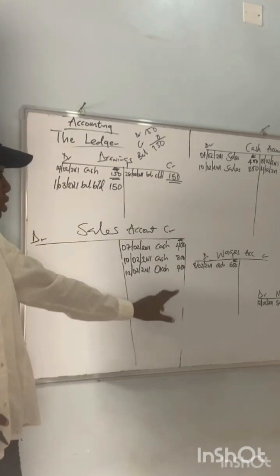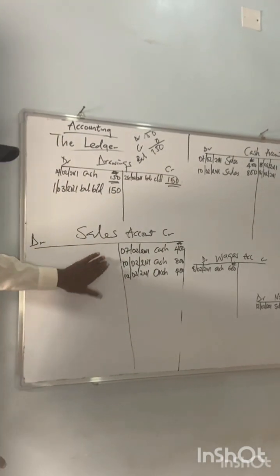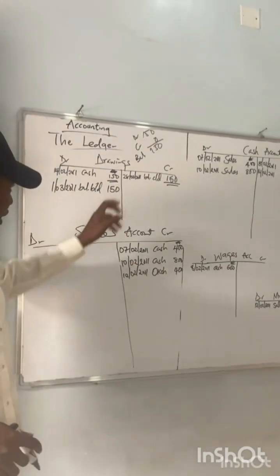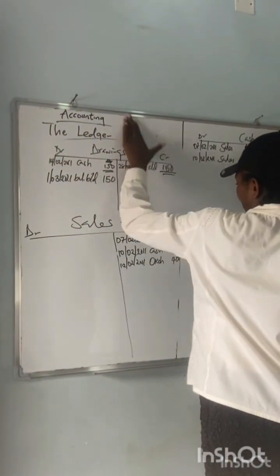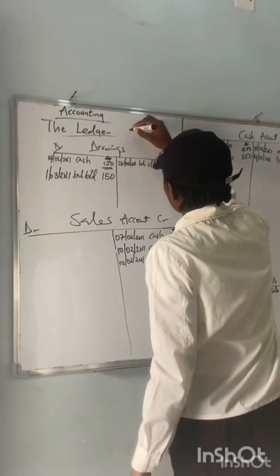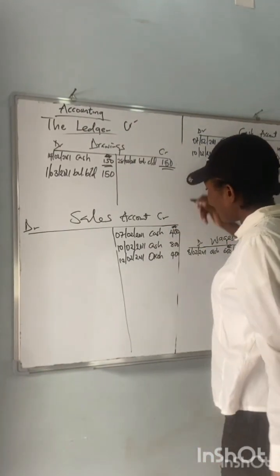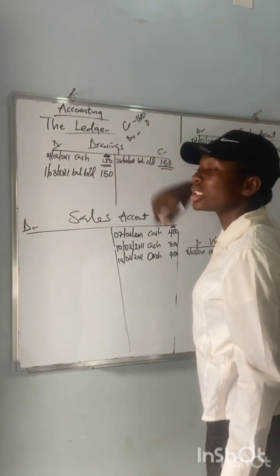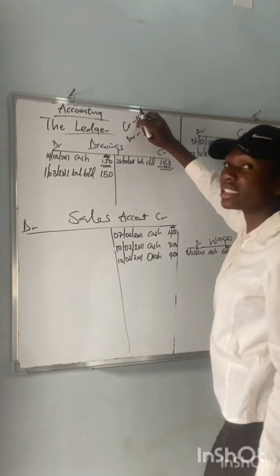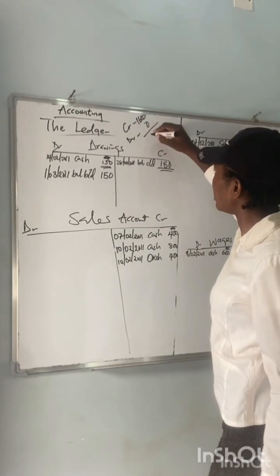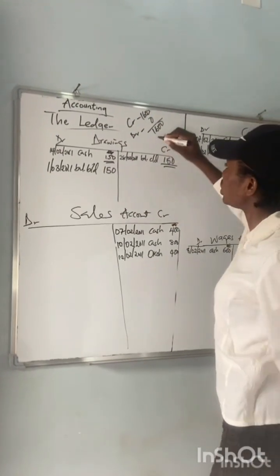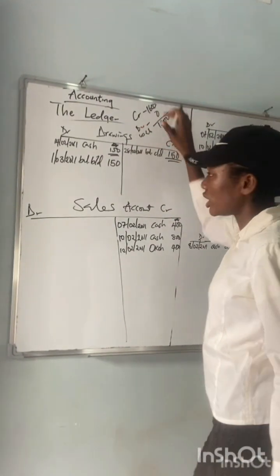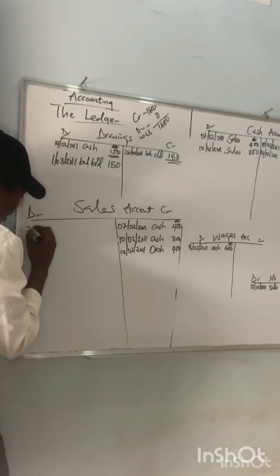Now we are going to our sales. There's still nothing here, so I think it will also be easier. What we just do is to sum this and this and this. What we have here is 0. So summing up for the credit side, which will be the higher side, we are having 1,600, right? And then for our debit side, we are having nothing. So our balance will be using our higher side to subtract our lower side, and then we'll be having 1,600 naira. So this is going to be standing as our balance value, taking our balance to our lesser side, which is the debit side. Okay, at the end of the month, 28,